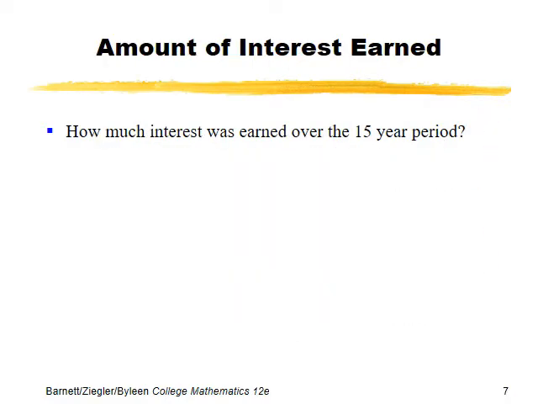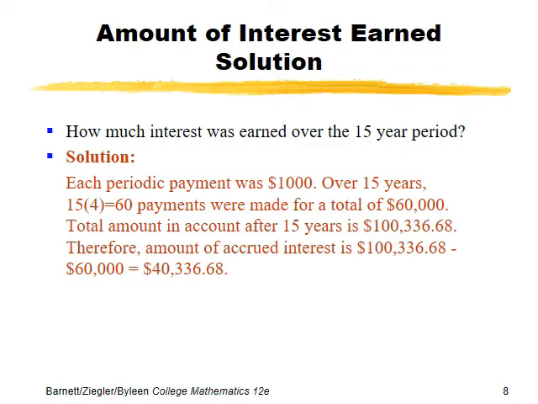Now let's jump into another problem. For example, how much interest was earned over the 15-year period? This is very tricky. In future value of annuity, how do we calculate the interest? It is your future value minus the amount which you deposited, PMT times m times t. Like how many sequence of equal periodic payments did you make? PMT was 1000, so the interest will be,